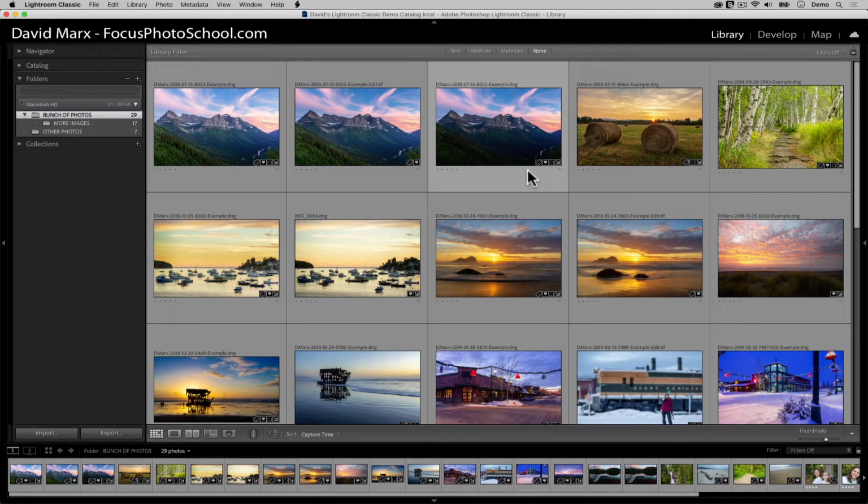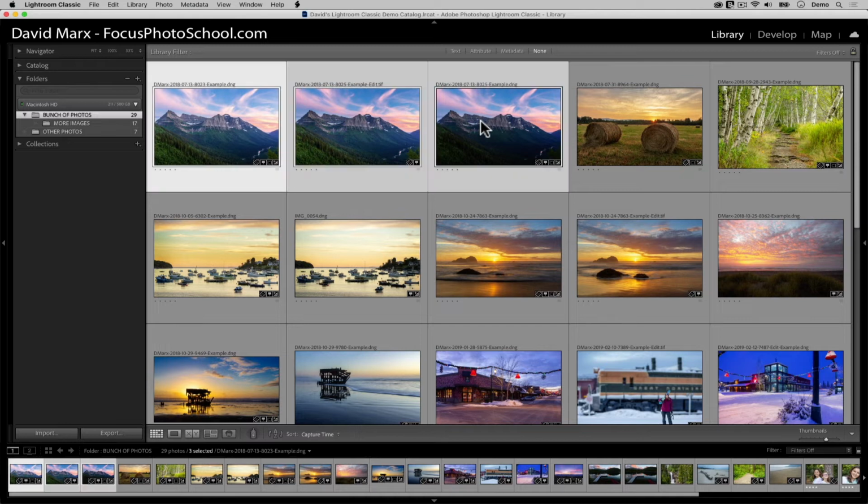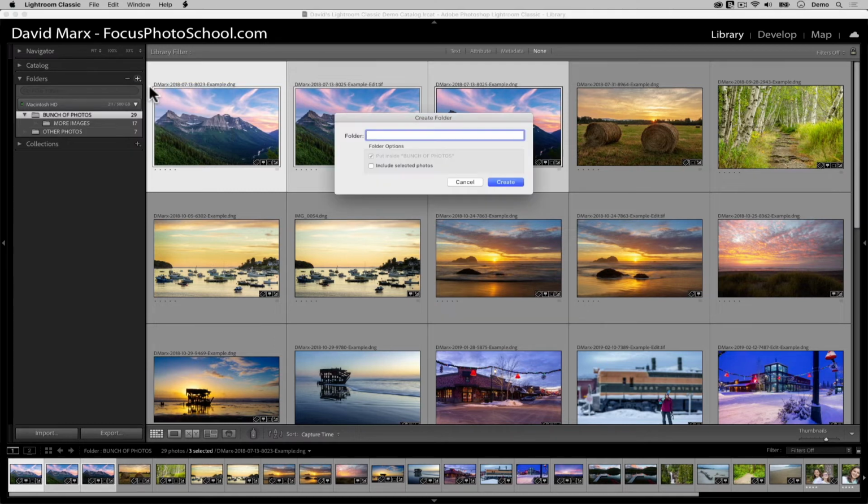So this time, what I need to do is to select an image, or images plural. Next, I'm going to click on this little plus symbol here on the right side of the Folders panel. Now, I can choose either the Add Folder or the Add Subfolder commands. I'll pick the Add Subfolder for this demo. A new dialog box appears at this point where I can give the folder that Classic is about to create for me a meaningful name.